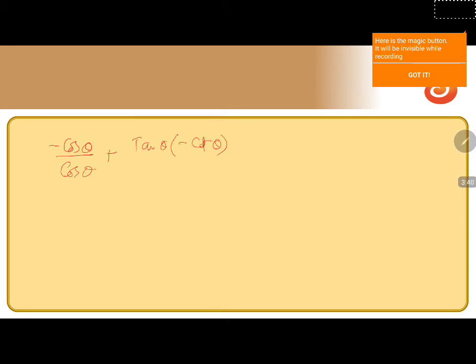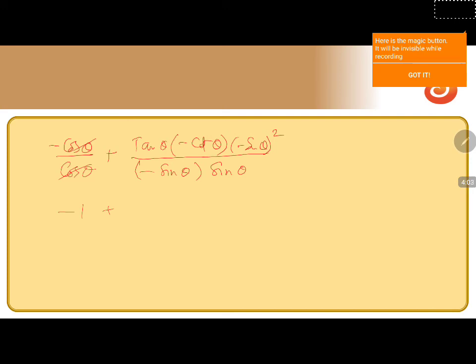Sin minus theta is minus sin theta whole square, divided by cos theta minus 270 is minus sin theta into sin theta. So here cos theta gets cancelled, minus 1 plus